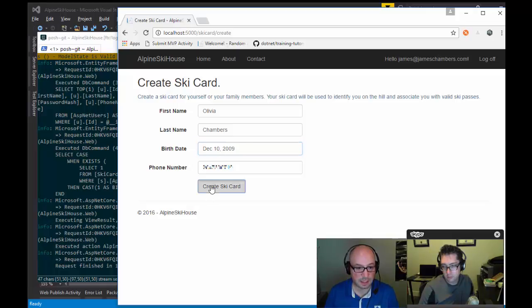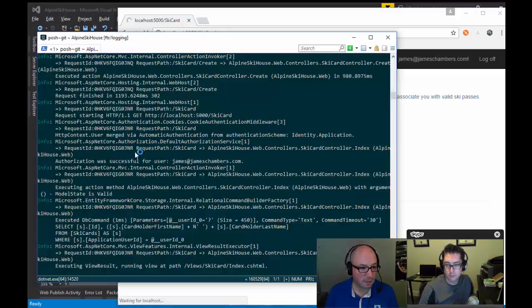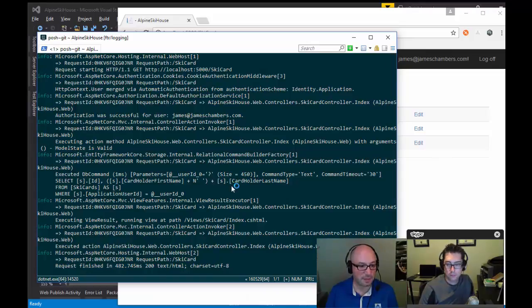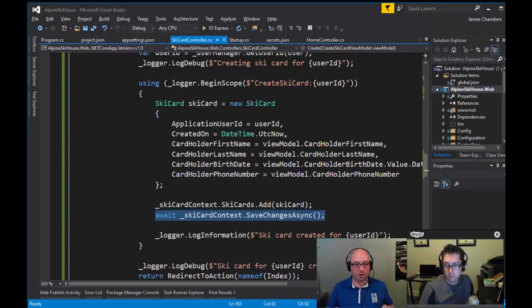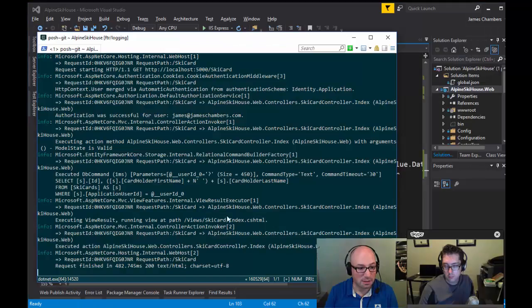Okay, and we'll say create ski card. We've got a whole bunch of other interesting information going on here. And what I want to point out is that, first and foremost, we have this scope wrapping a call to Entity Framework, right? So this is actually something that's happening outside of our method, but inside of our scope. So this is somewhere else, but